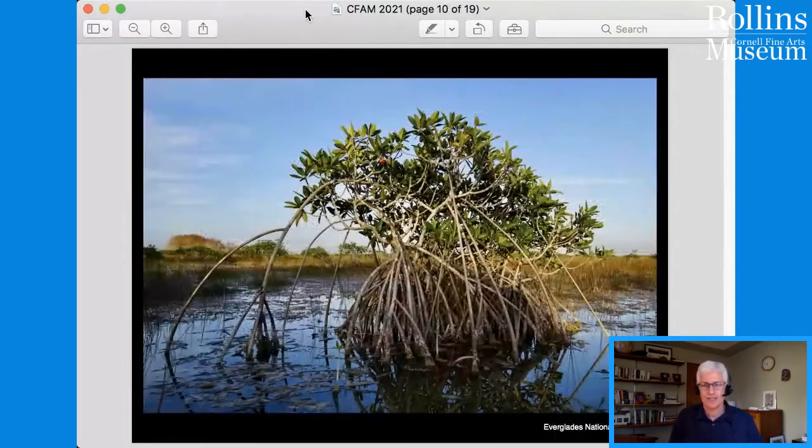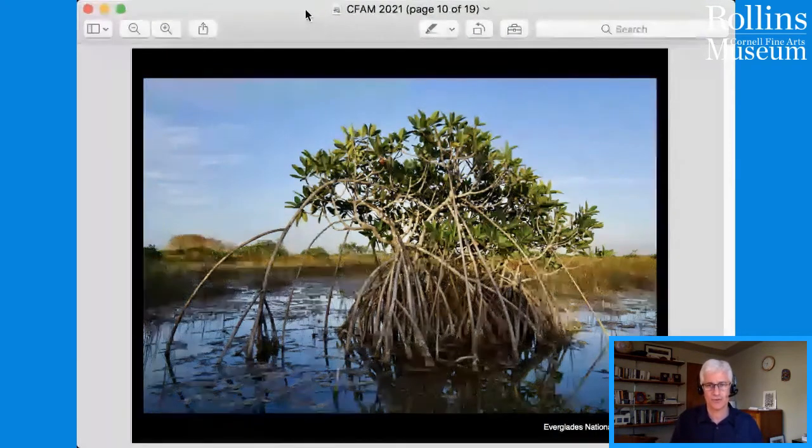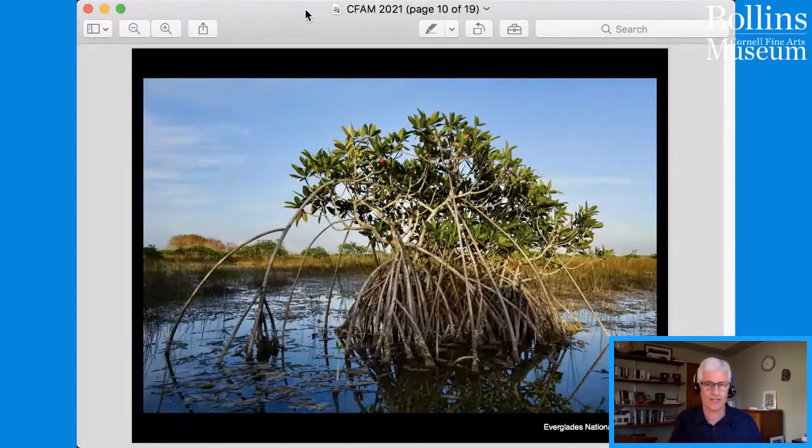And so in 2017, 2018, really in early 2017, I took a very deep dive into the literature on climate change. This is a literature I've been following because I teach a lot about this in my courses, but I really dug in and tried to zero in on all the latest research of what was happening in the parks. And of course, the very first park that I focused on was Everglades National Park. And I set out for most of the year in 2017 and 2018 to visit these locations and begin to document these changes with photographs.